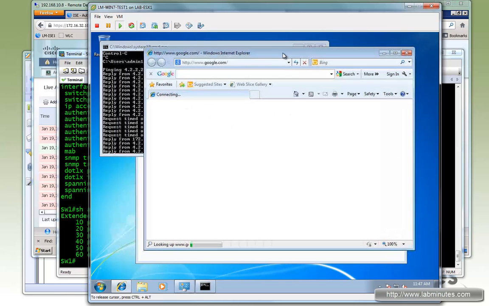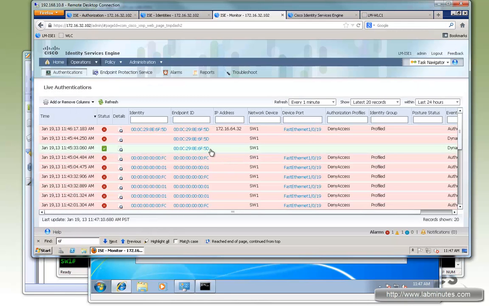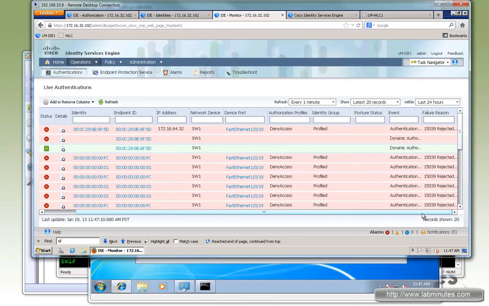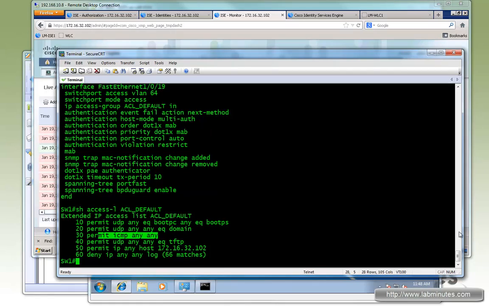Okay, so essentially the client has been disconnected from the network, and you can see as soon as we deleted it, there's a COA, change of authorization. So this is a great example of change of authorization. So basically, ISE is the one that's telling the switch to change the status of the port from authorized to unauthorized. Okay, and if you look at the switch output,